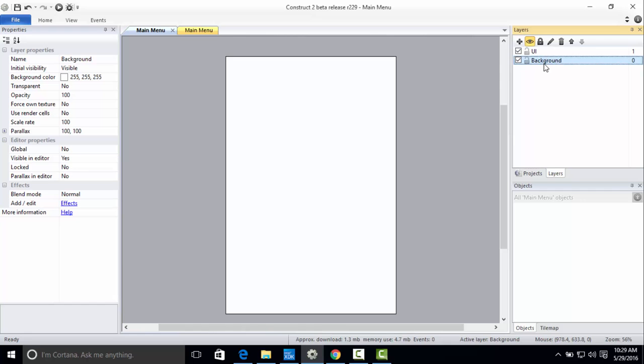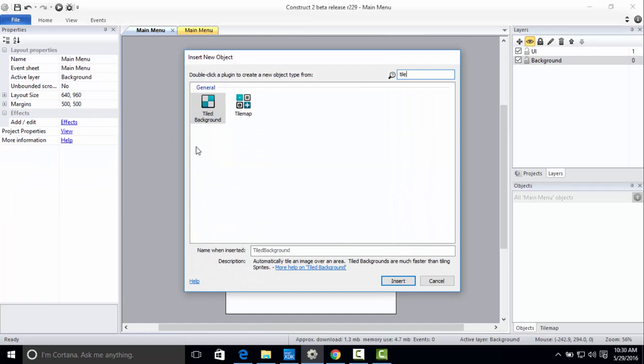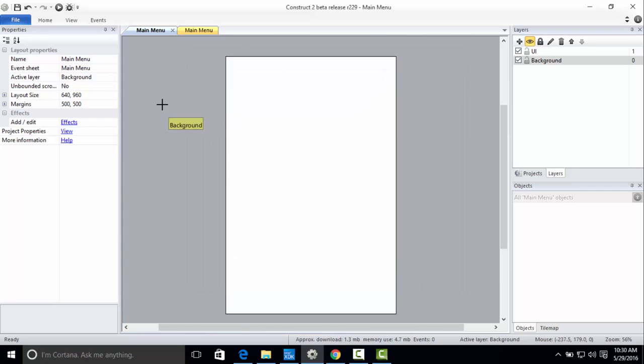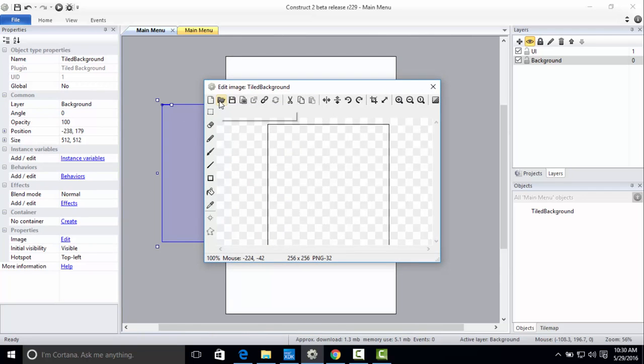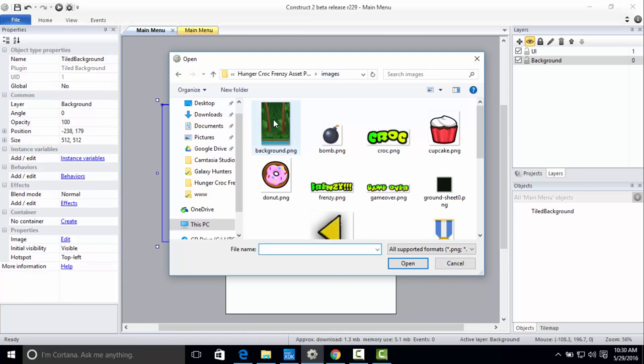Make sure that our background layer is selected. Let's go outside our layout here. Double click. Type in tiled background. We click, hit select, load an image from a file. In our Hunger Croc Frenzy asset pack folder, under the Images folder, select the background,